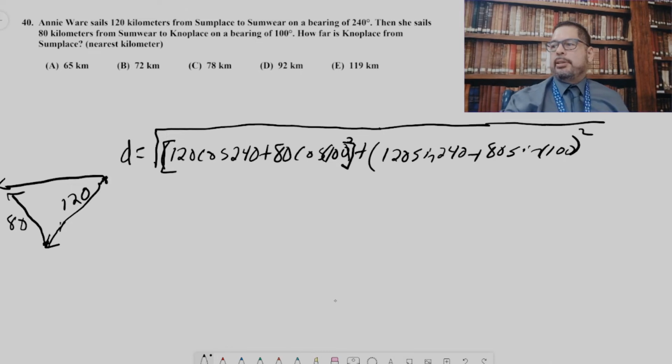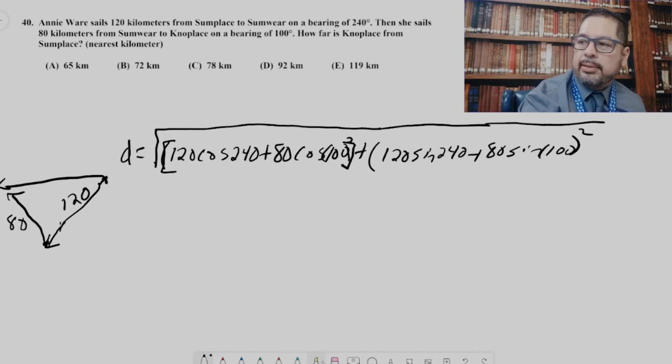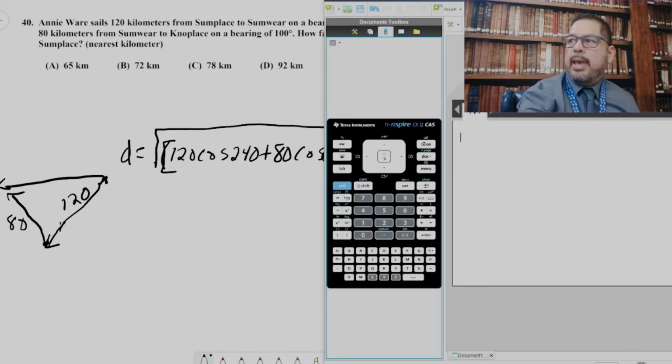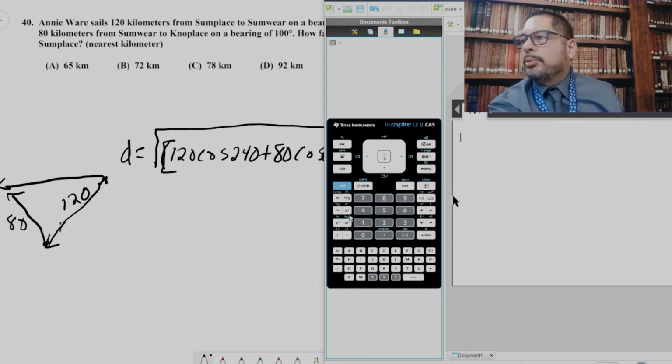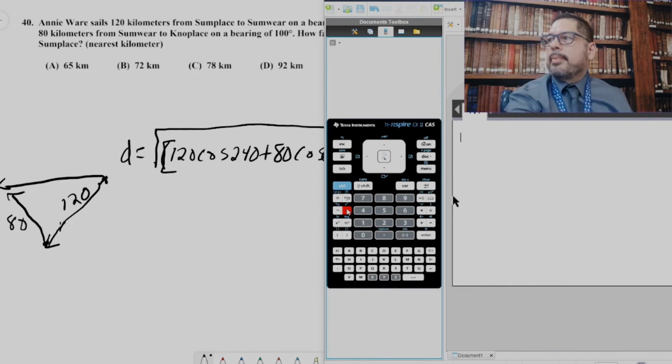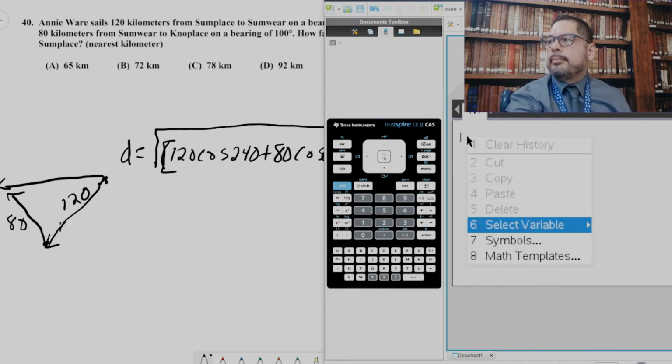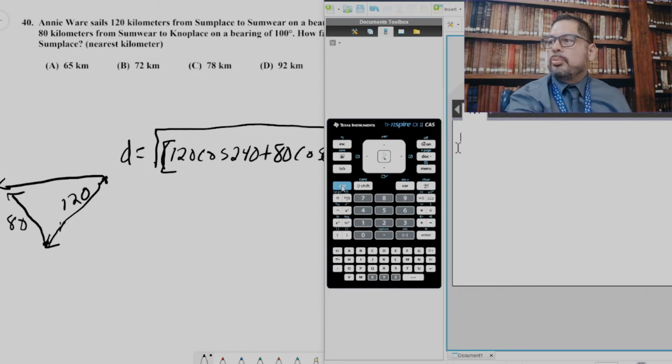So let's plug it into the calculator. Let me go ahead and maximize that calculator. And make sure you're in degree mode. And I happen to be in degree mode. And let's punch it in. So we're going to get the square root. I'm going to do the blue subfunction and square root of,